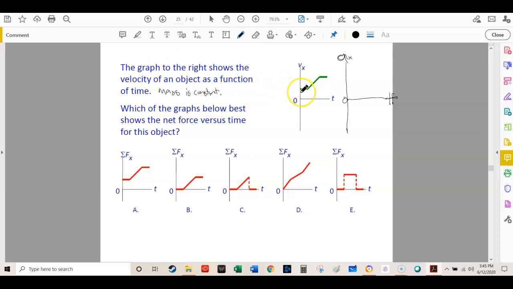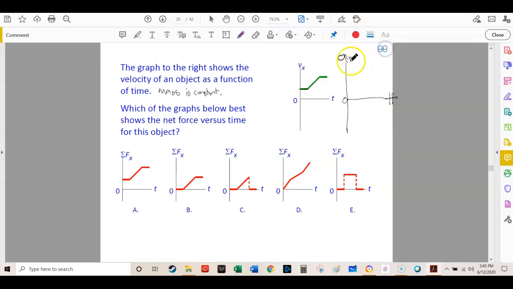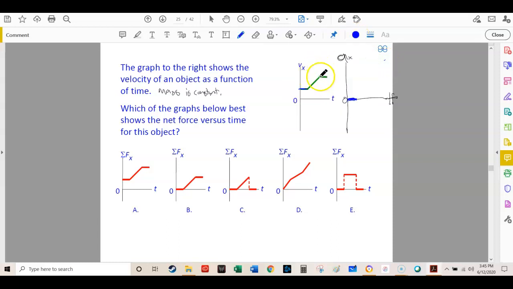Well, here we go. At this point right here, this line is a horizontal line in a velocity versus time graph. And we know that means that this object has no acceleration during that point, right? So this is a constant velocity, which means the acceleration is 0, okay, at that point. And then it's going to go to